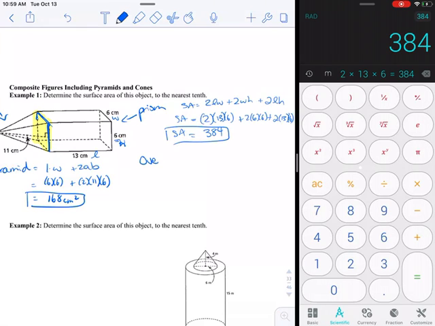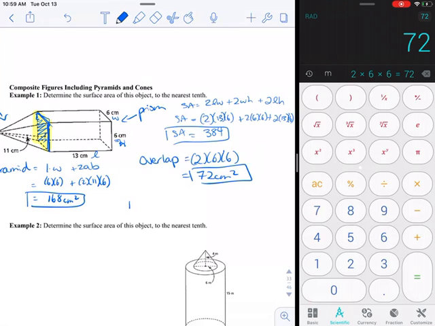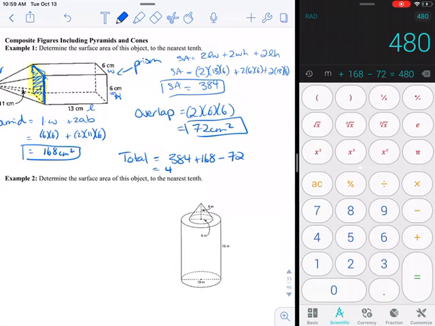Now we need to do the overlap. Well, the overlap is a square. So it's 2 times 6 times 6. 6 times 6 would give us the area of 1 square. You double it. So that is 2 times 6 times 6. So 72 is the overlap. So for the total, you're going to add 384 plus 168, but you're subtracting that overlap. If we do all that, we get 480